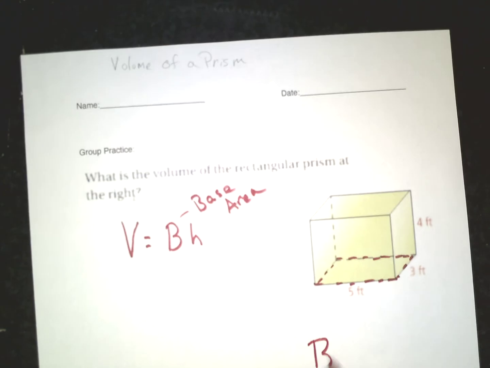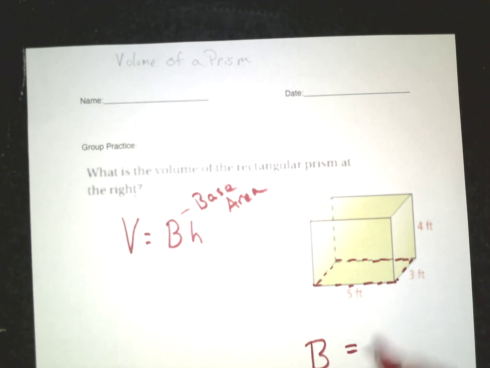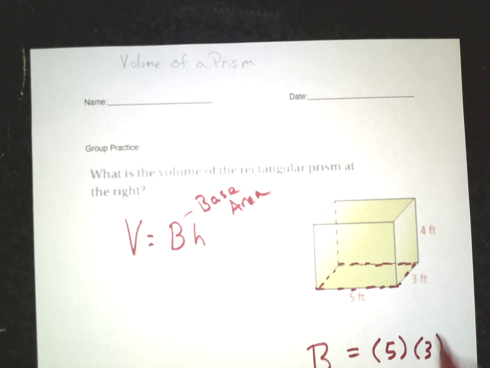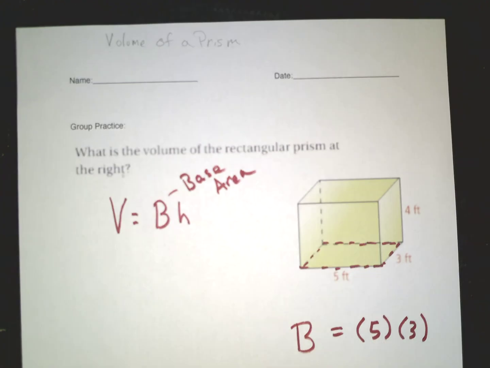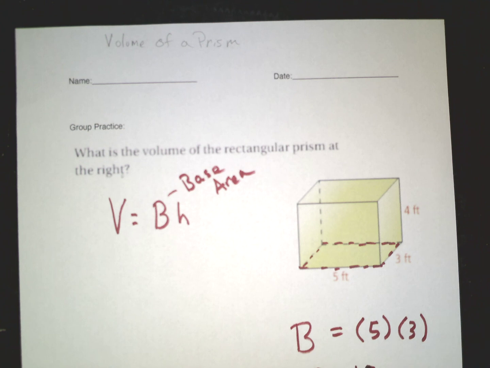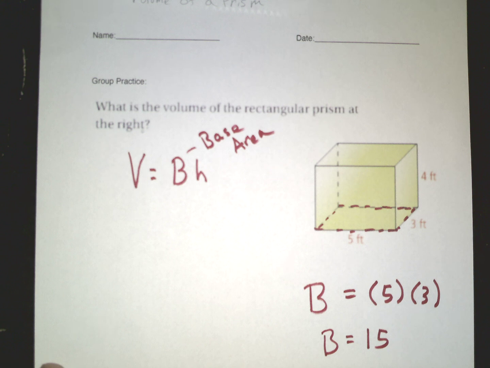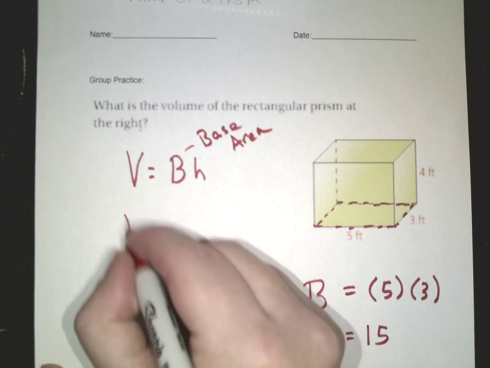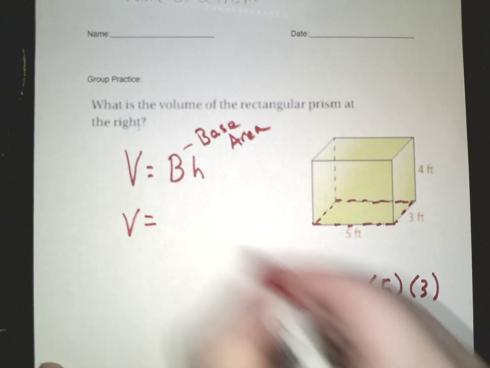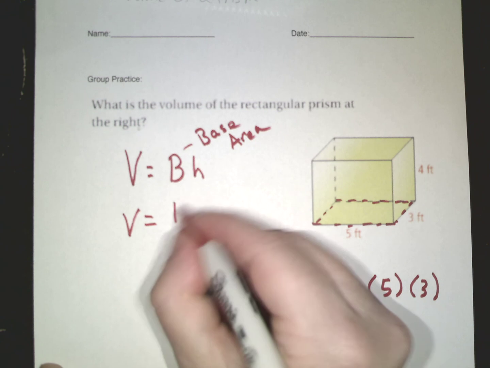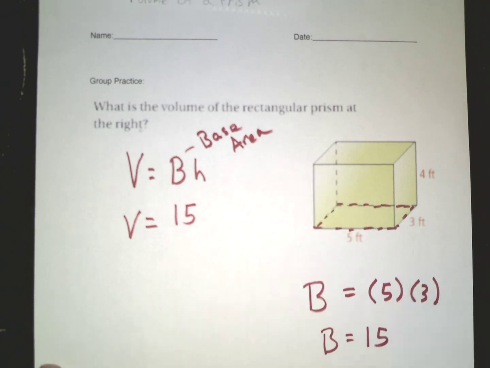Okay, so my big B, the area of that is pretty easy. 5 times 3, base times height of any rectangle is this 5 times 3, and then I get base equals 15. Not bad, then I plug it back in. Volume equals big B, which is 15 square feet,